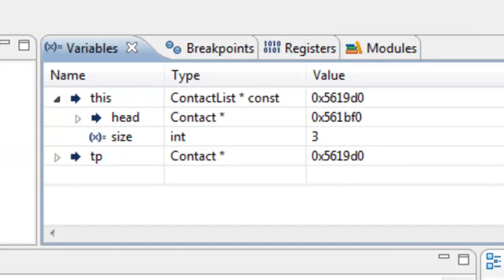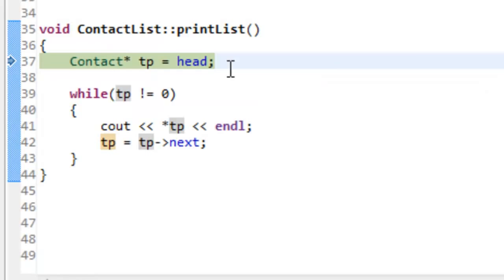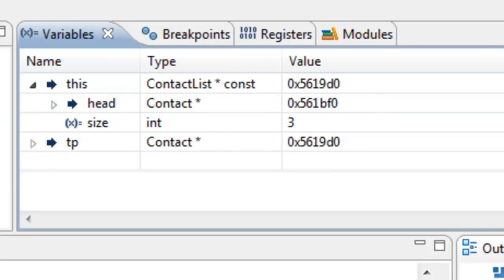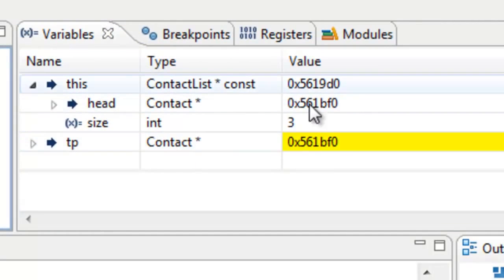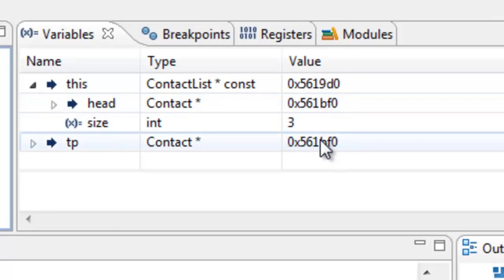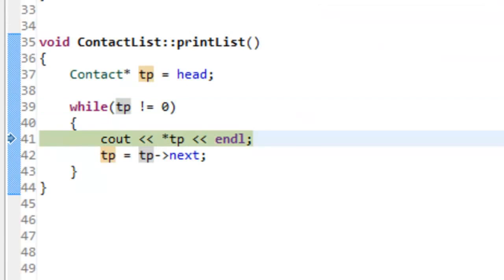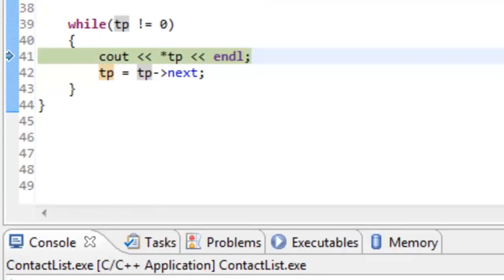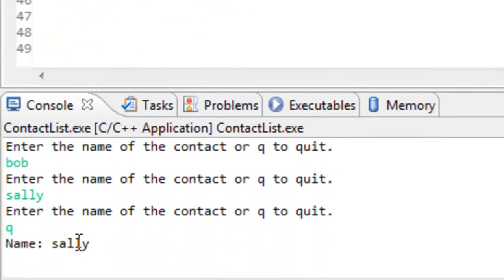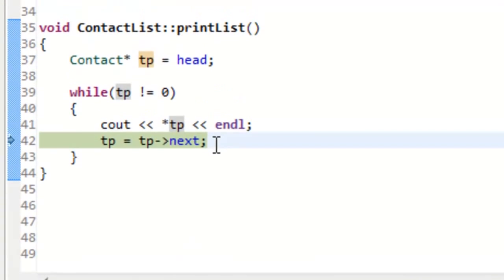But as soon as we step over this line here, line 37, we'll see that this value of head here gets set to TP. So we'll do a step over operation, and you do see that we had 561BF0 assigned here to TP. So TP is not null. We'll get there inside of our while loop, and now we'll be outputting the contents there, which should be Sally's information. So we see Sally being outputted here to the console,